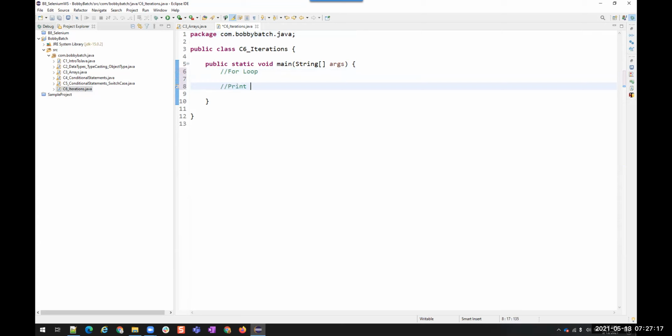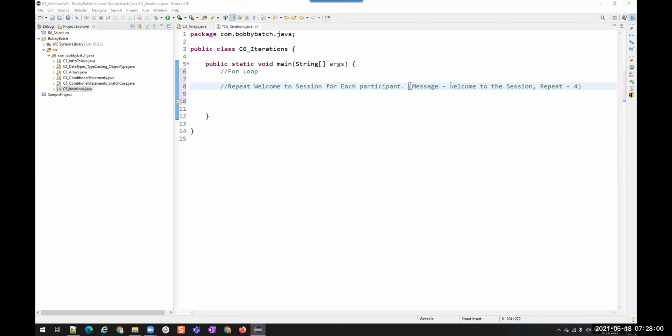Instead of print, I say repeat: Welcome to the session for each participant. So how many participants do we have? Four in our session, right? For each participant, that is 4. So my message is welcome to the session, and repeat it 4 times. That is what I want to achieve.